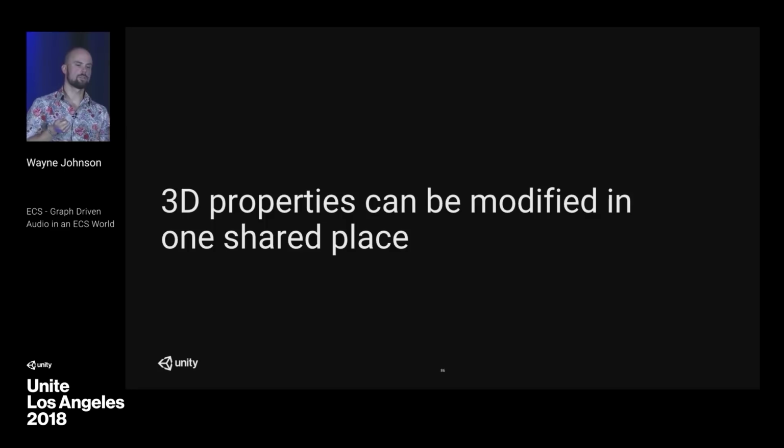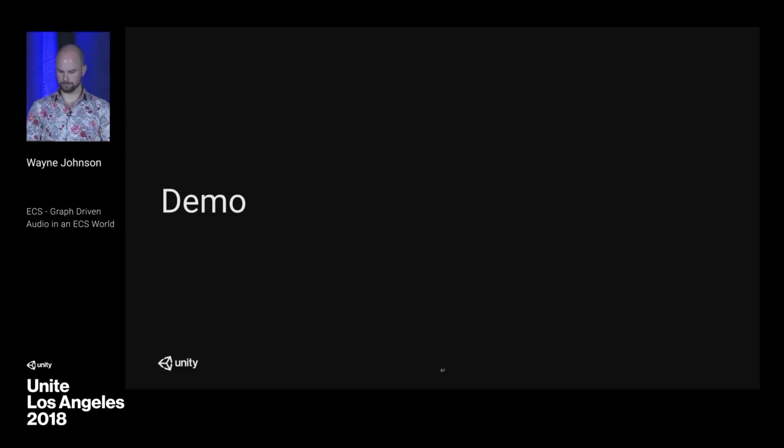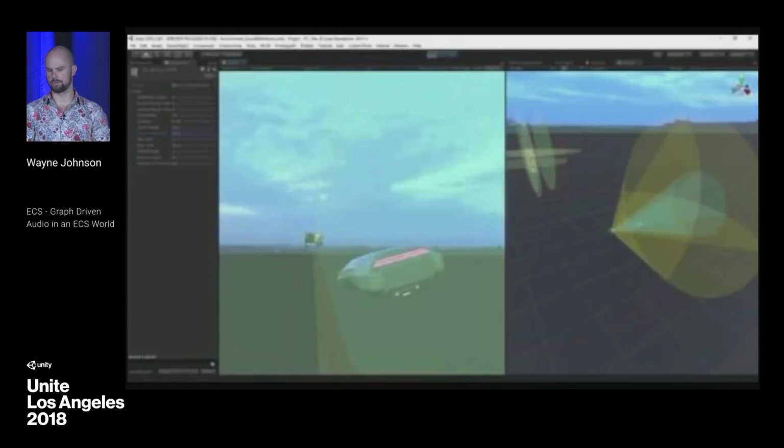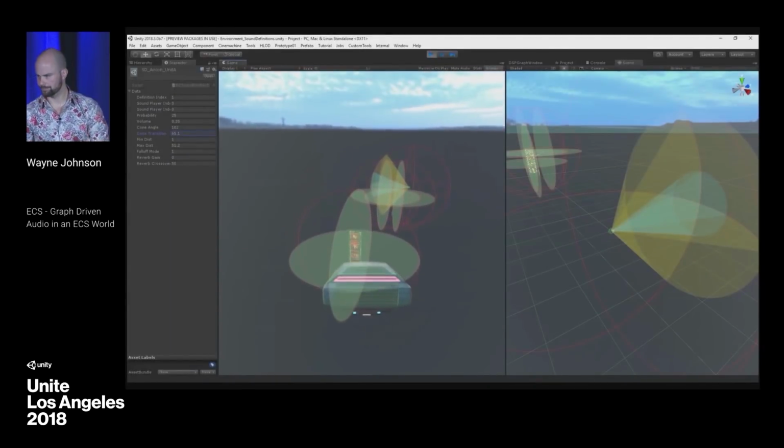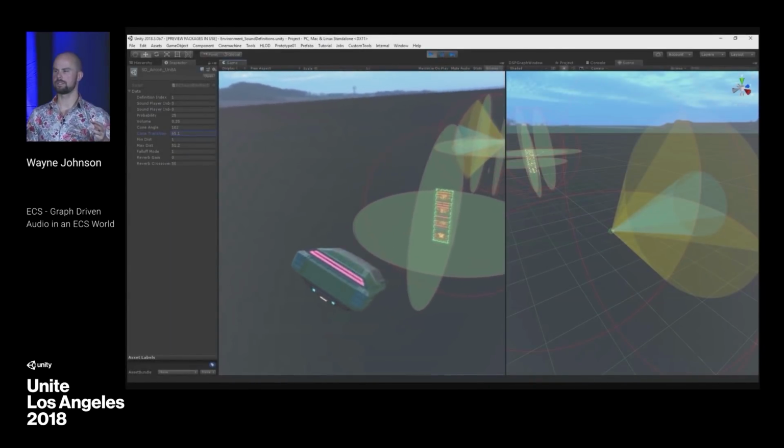Yeah, like I was saying, those 3D properties can be modified all in one place and then shared between all of the instances. So I'm just going to play a demo of this whole thing and give you a run-through of how these gizmos and cone angles operate. And see here I've got 3 instances of,